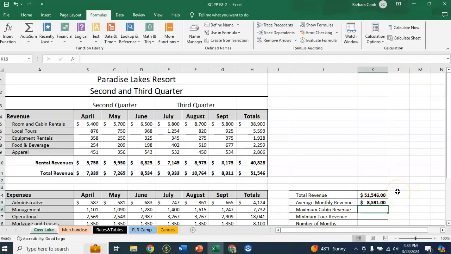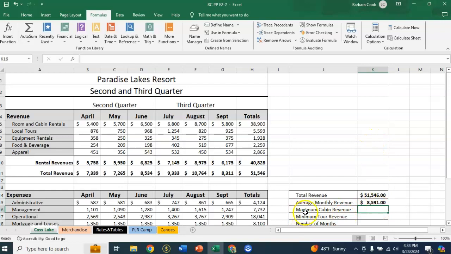Press enter, and the average sales should be 8,591, which is what I came up with here. Make sure that you don't accidentally go too far when you're selecting your range and include column H, because that is different. All right, so now you're going to enter the max function, but you're going to do it by